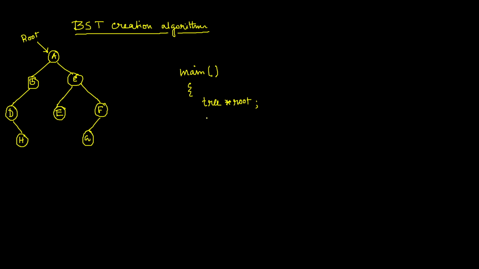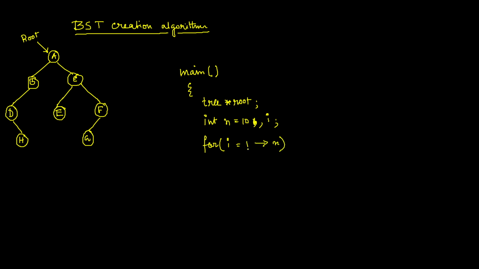And here, suppose I have some specific amount n equal to say 10. Okay, so this n is the number of nodes that you want to create in the tree, and maybe some variable i will be there, that is actually for running the loop. So my idea is that I will use a loop, and within the loop I will call the creation algorithm more than once, so that it can be created. Now see, maybe we can use a for loop. So i equal to 1 to n.